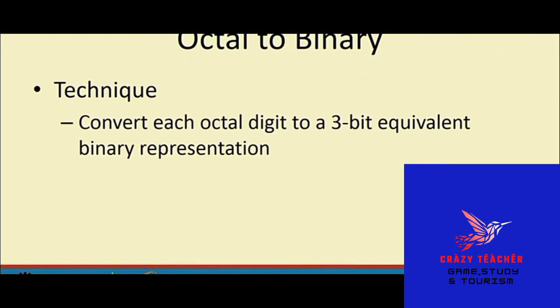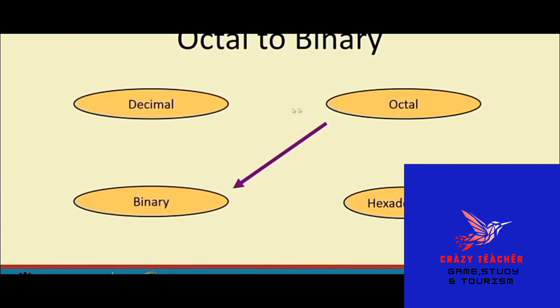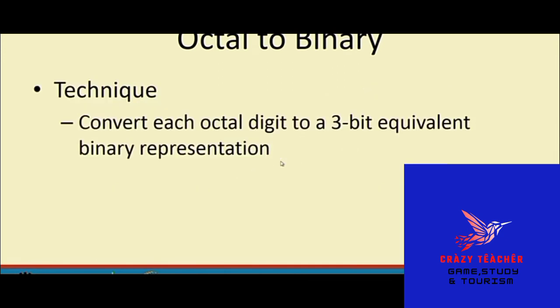So one thing that you can do with octal is convert this octal to decimal, and then from decimal you can come to binary. So this is one avenue. The other straightforward avenue for octal to binary conversion is some sort of grouping of bits, because